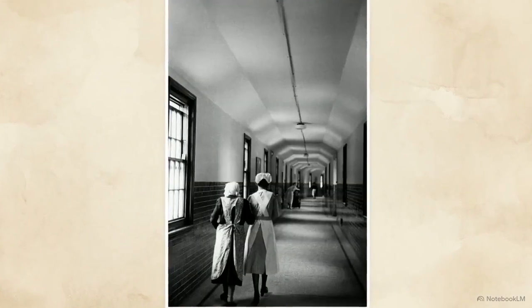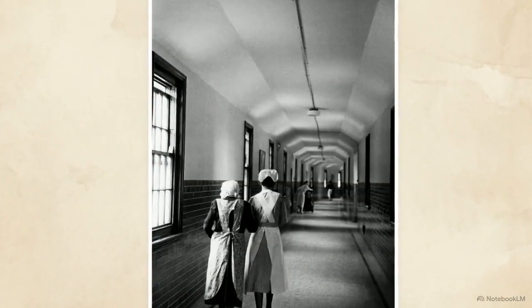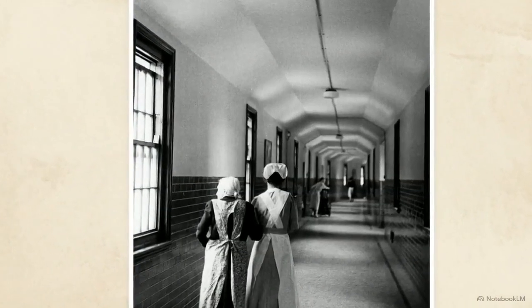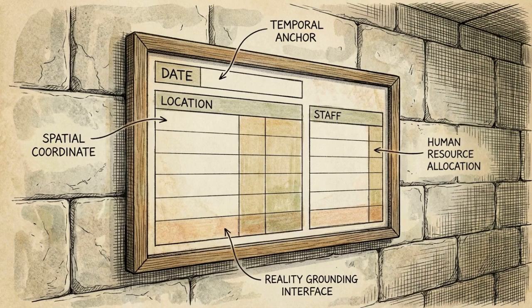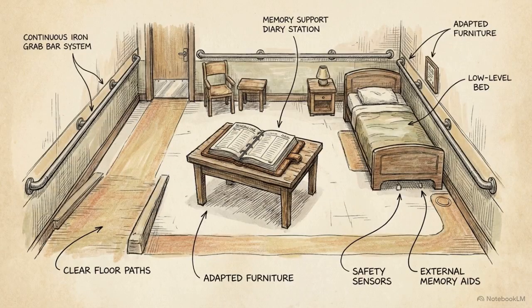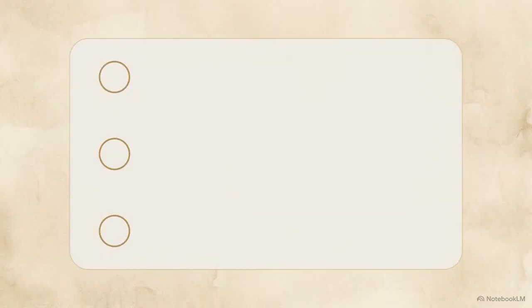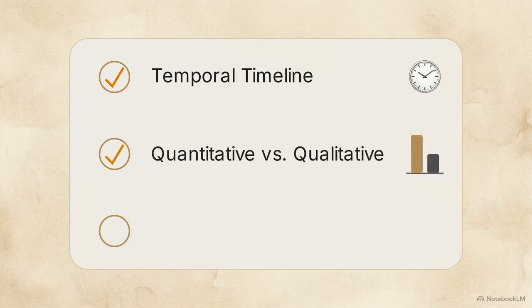When organic memory loss reaches an irreversible stage, the clinical focus pivots entirely to nursing care. Environmental interventions act as the patient's external memory. This requires continuous reality orientation regarding time, place, and person, providing memory aids like diaries, and maintaining a strictly safe physical environment. Diagnosing a memory disorder requires isolating the temporal timeline, identifying quantitative loss versus qualitative distortion, and addressing the